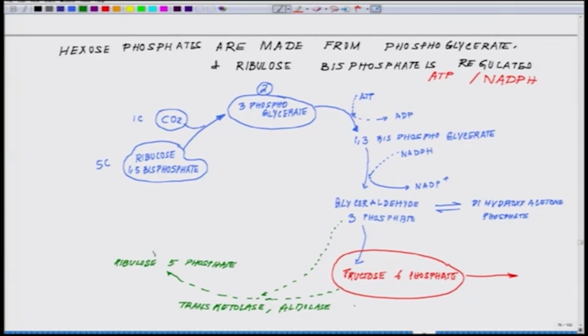At this stage, there is another molecule of ATP which comes into play, which is donating the phosphate, and the enzyme which is involved in it is called phosphoribulokinase. So, that makes it ribulose 1,5-bisphosphate. So, now this is what we talk about as the famous Calvin cycle,